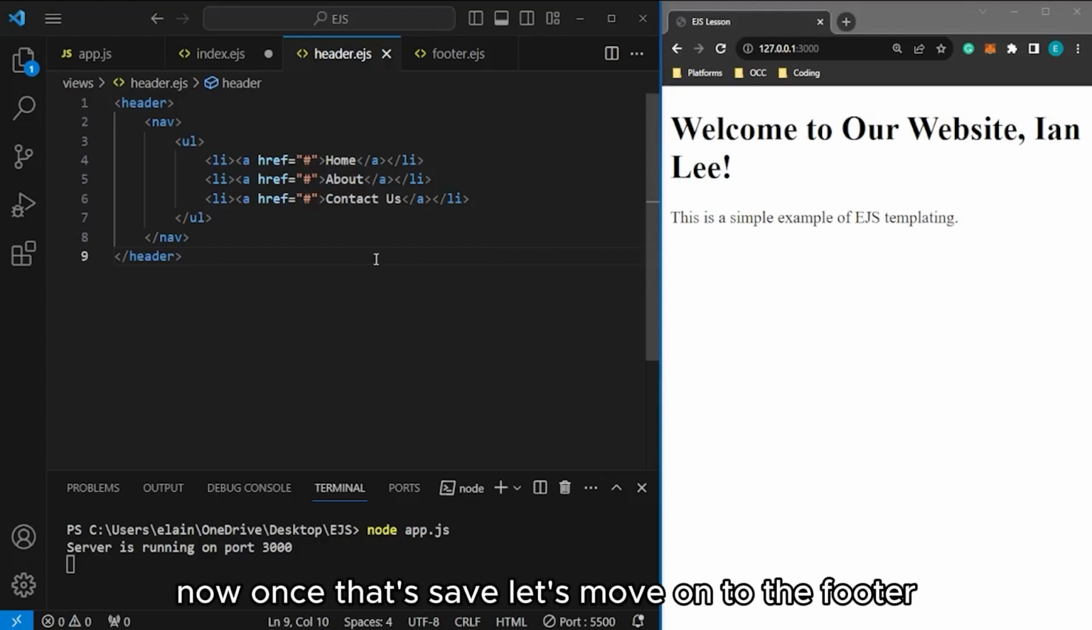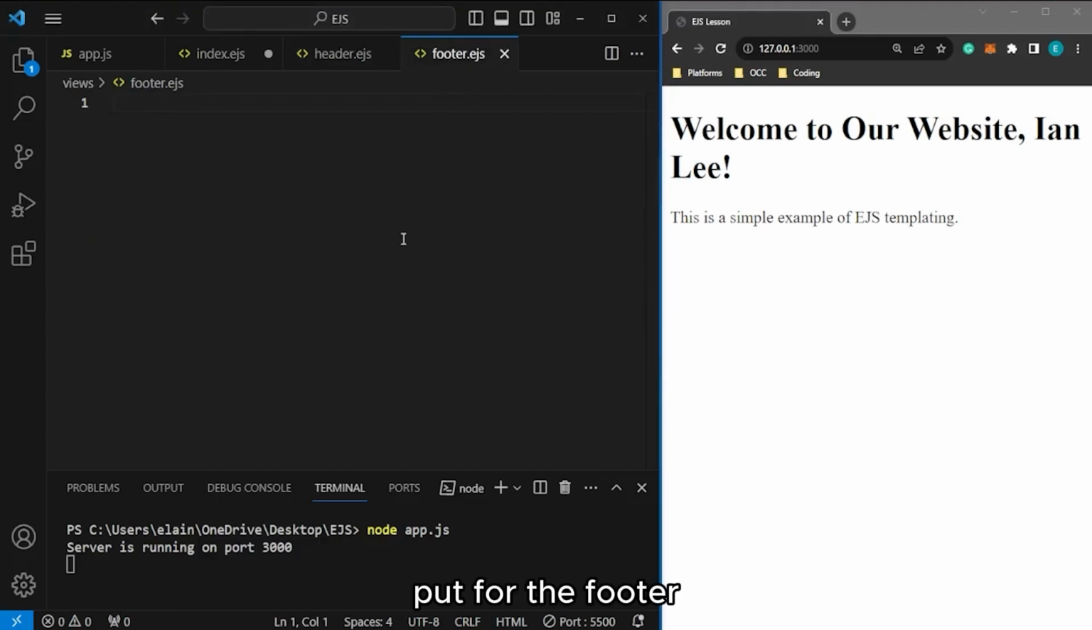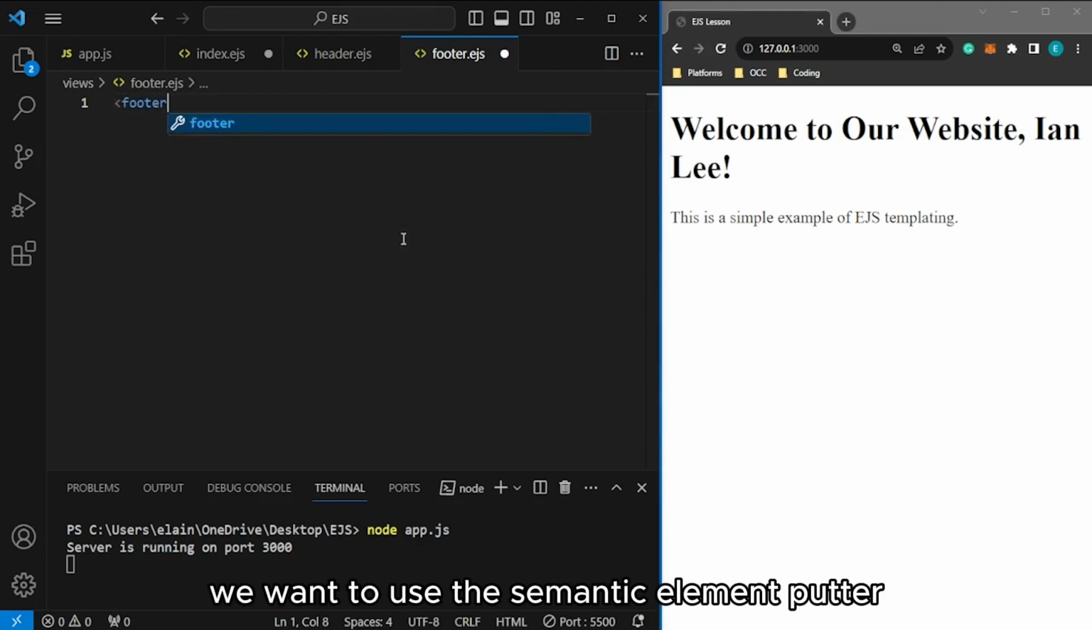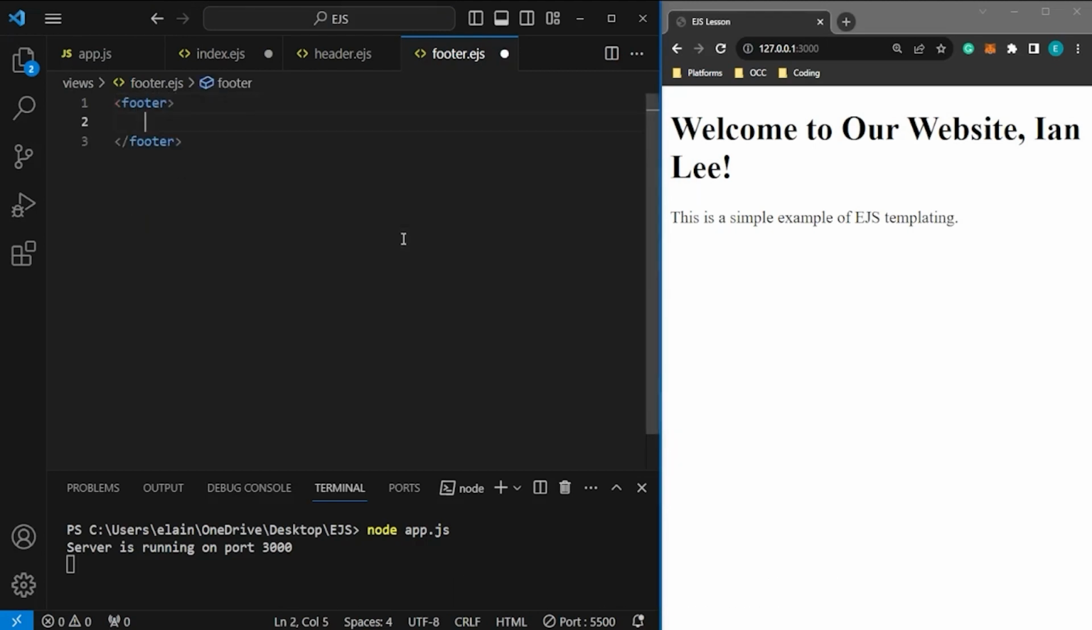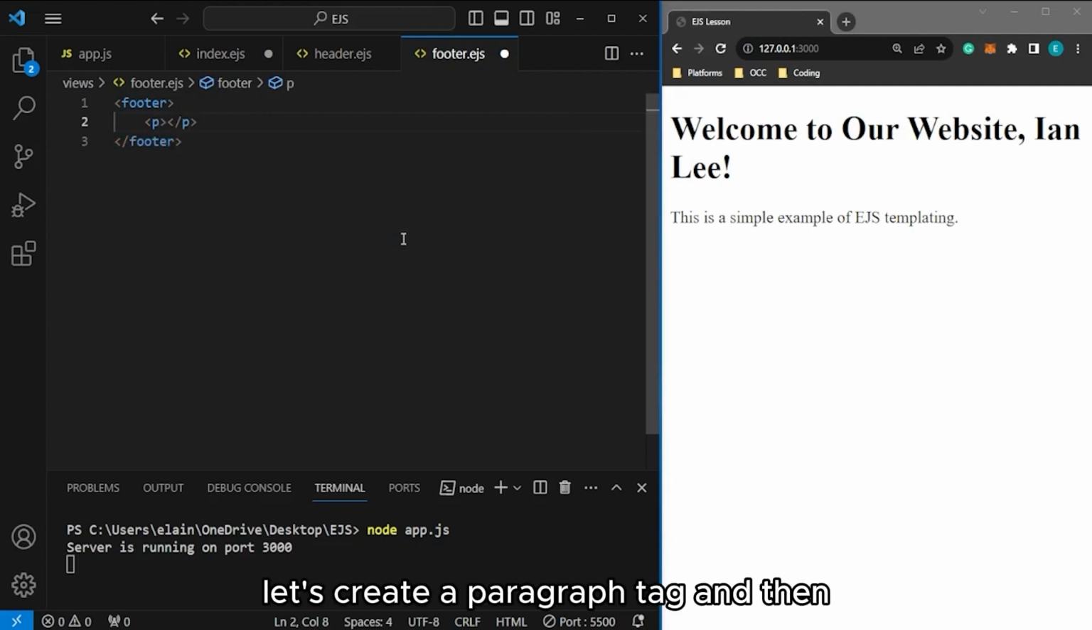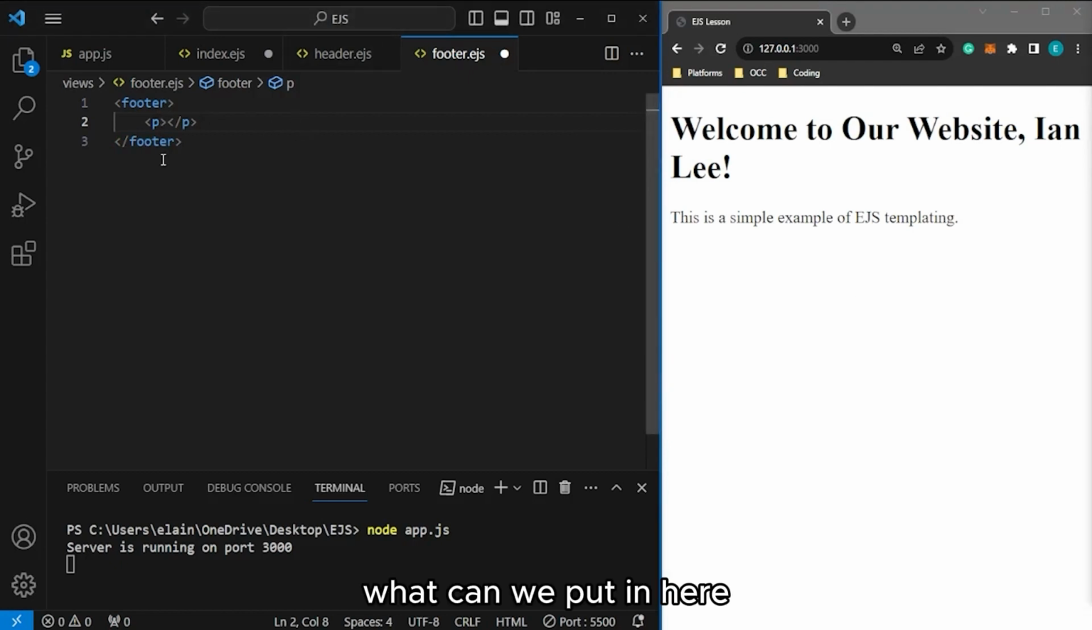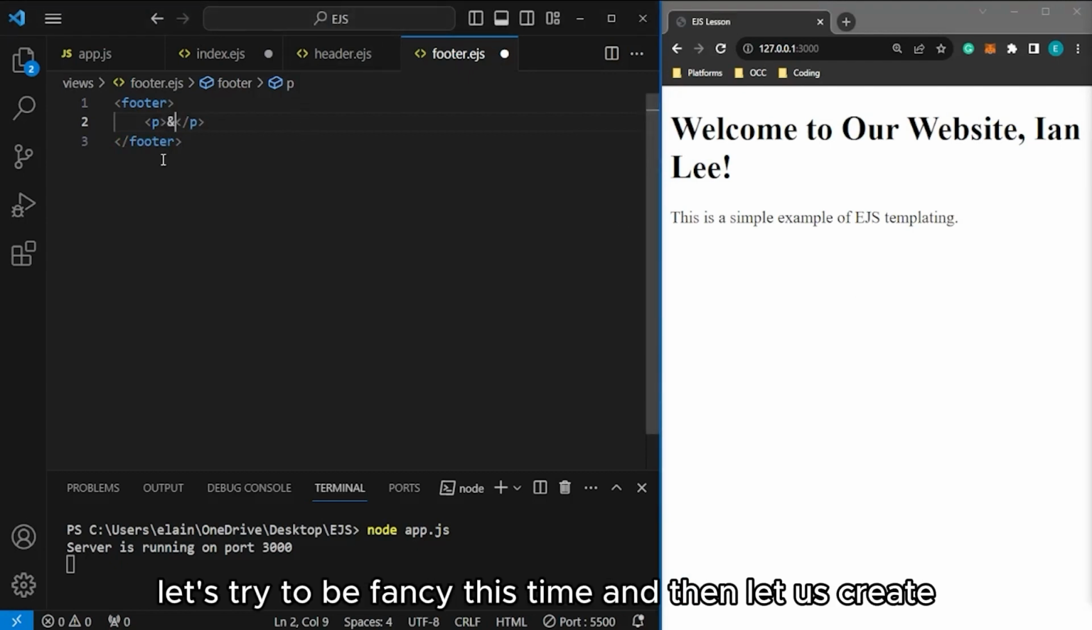All right, now once that's saved, let's move on to the footer. For the footer, we want to use the semantic element footer. And then inside it, let's create a paragraph tag. And then what can we put in here? Let's try to be fancy this time. And then let us create